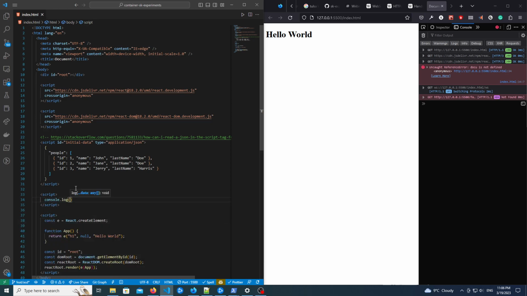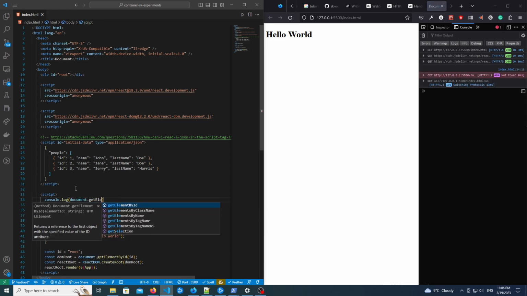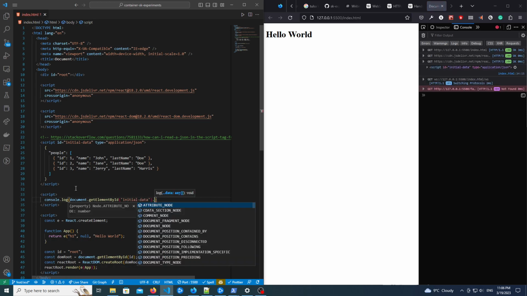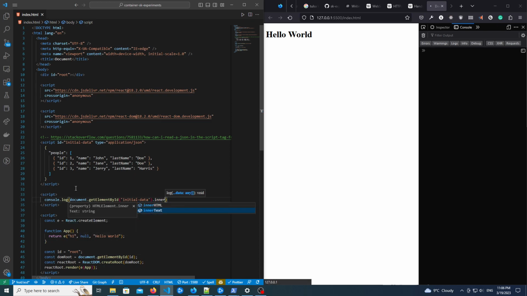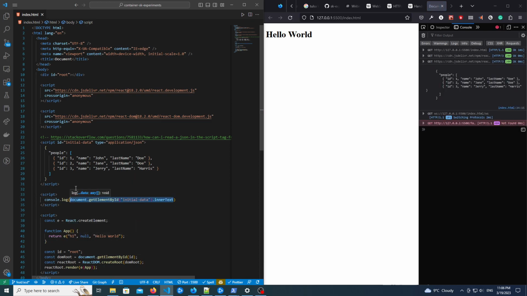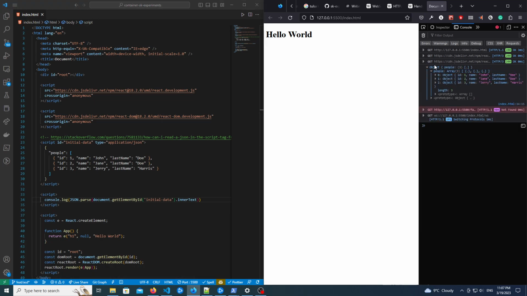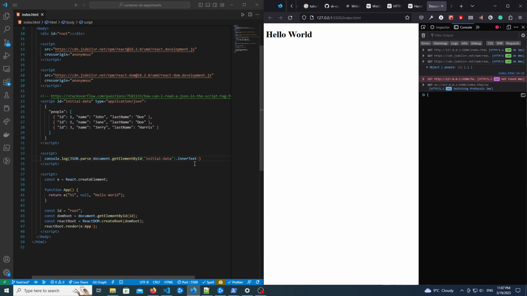Console log document get element by ID initial data inner text, and we can do JSON parse. There it goes. And now that we have a way to get the initial data,